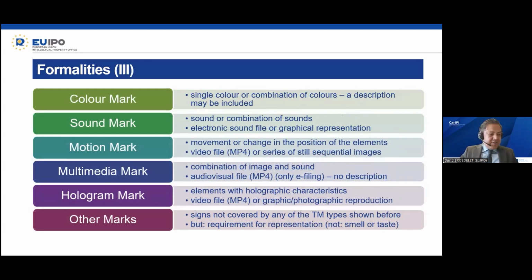Then we have another one, a color mark. A color mark can be a single color without any contours, or a combination of colors without contours. So here what is protected is the shade of the color. And if there are more colors, it is the way they are arranged